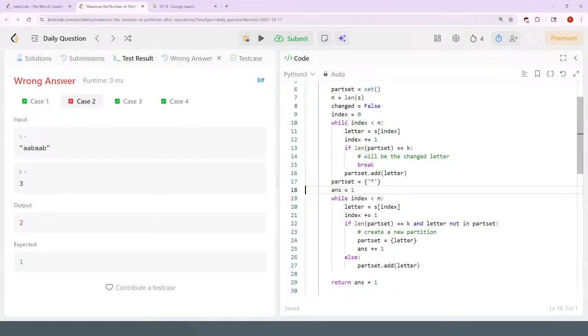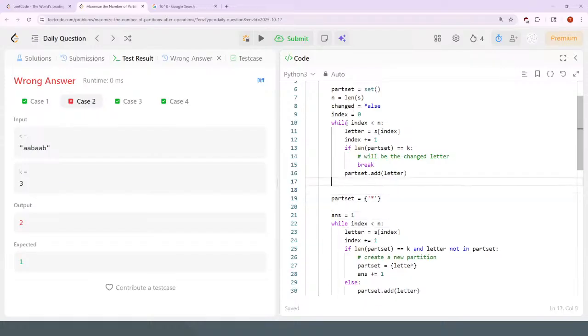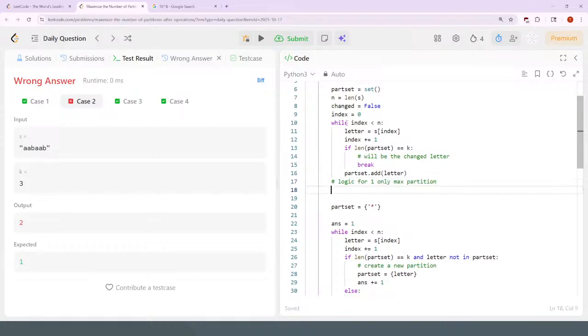Okay. I think this thing needs to have some logic here. Logic for one partition, or one max partition. So if the index is n, I think I need to actually change this here. So I know that the index reaches n. So this is only the case if it doesn't break. So if it reached the end